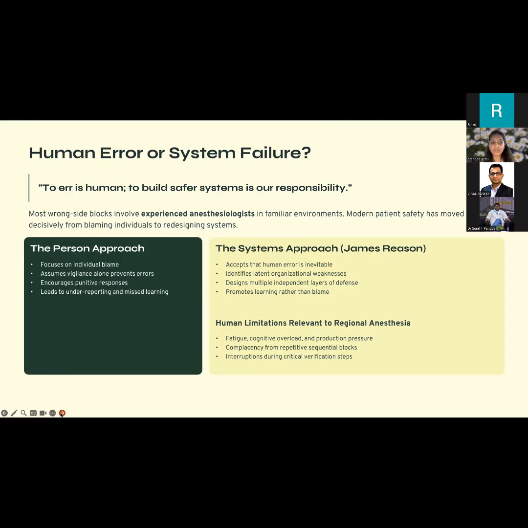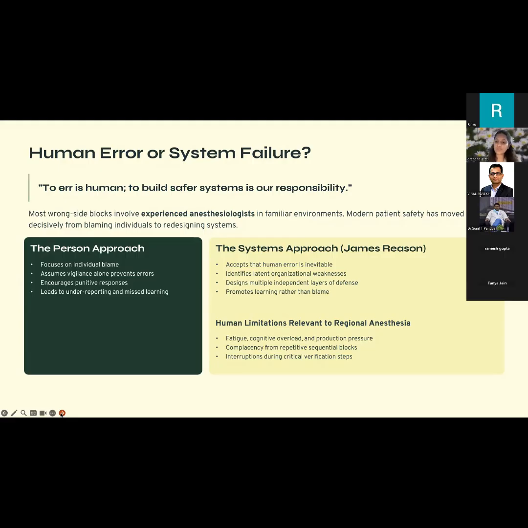So it's not just a human error, but we should be vigilant enough to put in systems in place, so that whatever falls into that system, it will cover up all of these holes, so to speak. The systems approach, or the Swiss cheese model, propagated by James Reason, a British psychologist, says human error is inevitable. But by creating systems in place, you can identify the weak points, and only when not just 1 or 2 factors, but all the factors fail does the complication or the event happen.